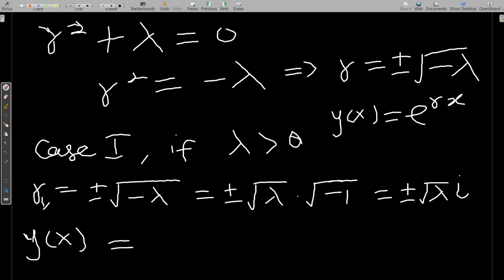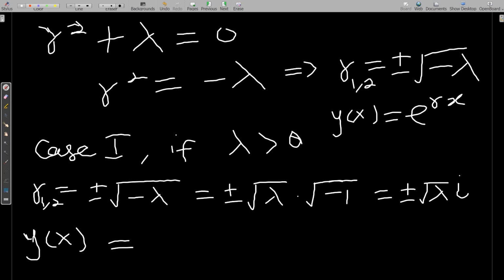Okay, so you have r1, 2, you can put them here. You can also put them here, r1, 2. The reason is we had r squared, and when you have a squared something after solving, you're supposed to get two solutions, because of the square here. So we have two solutions for our r,